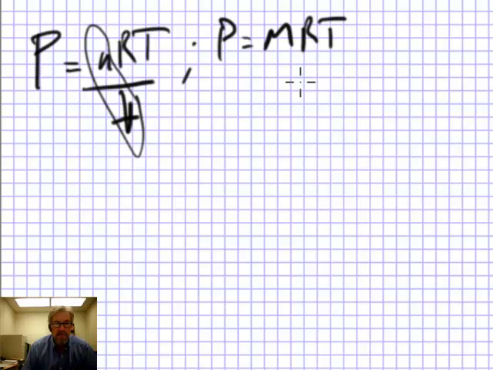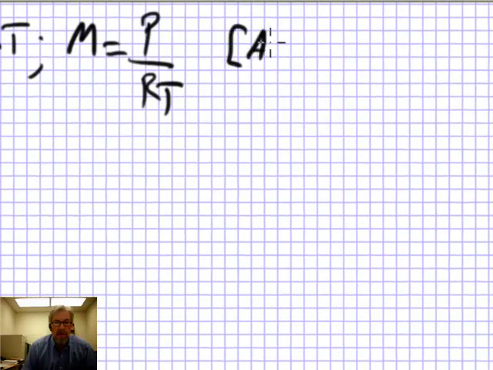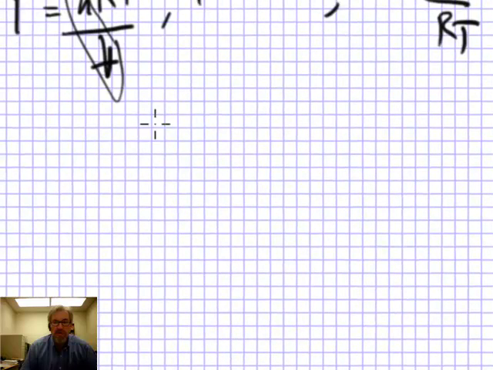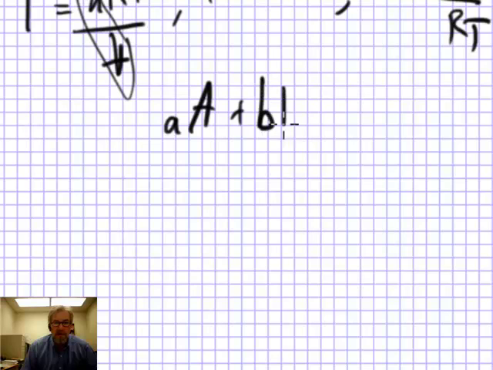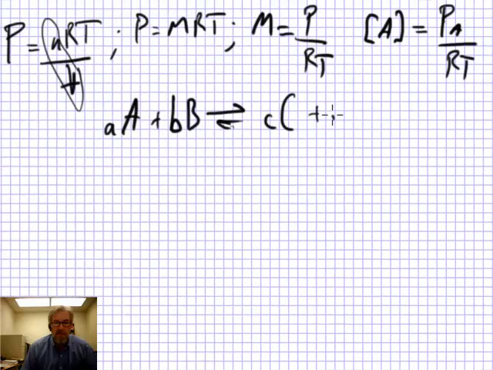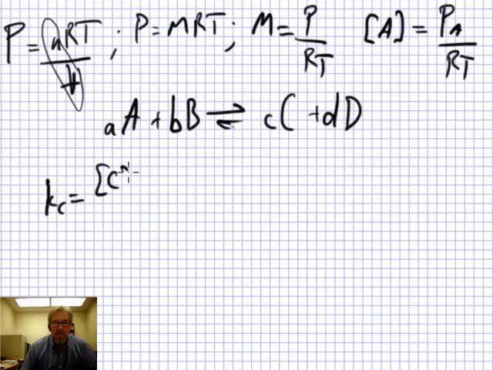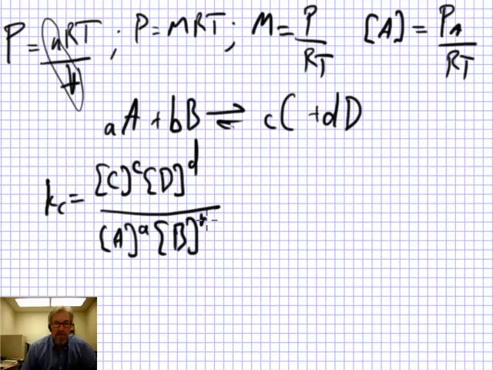Or we could say molarity is pressure divided by R times T. So the concentration of any reactant or product A could be expressed as the partial pressure of A divided by R times T. So if I have my generic reaction, aA plus bB, in reversible equilibrium with cC plus dD, then Kc for this reaction, which is concentration of C raised to the c times concentration of D raised to the d over concentration of A to the a times concentration of B to the b, could be rewritten this